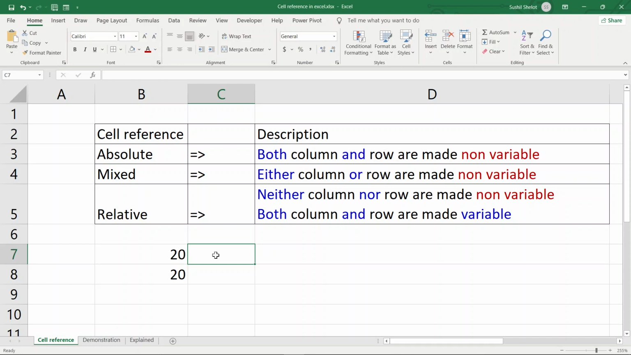So here I can say is equal to, for example, $B and only 7, and press enter. So there it is, it has a reference to B7 as $B7, that is, the column B is fixed and the row 7 is variable. So if I further drag this over to the right side,